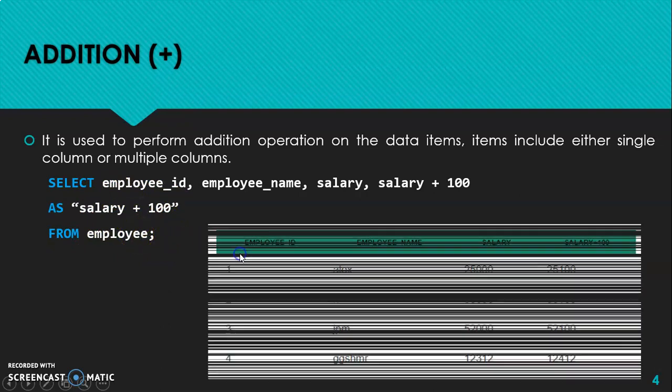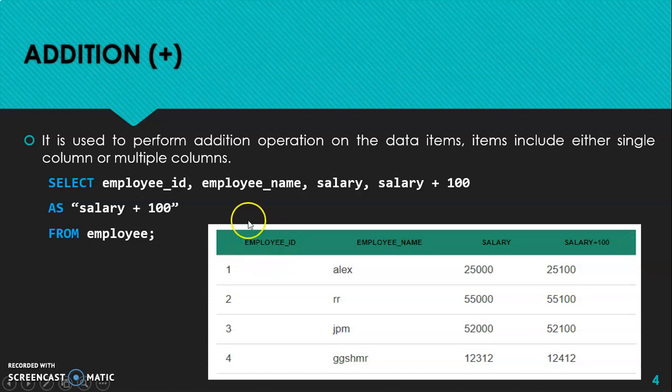Once this query is executed, you can see employee ID numbers and employee names, some random names. Now the salary, you can see here 25,000, 55,000, 52,000 and 12,312. Then we have another column, salary plus 100, because we have mentioned the name here, and it contains the addition of 100 to the actual salary column.